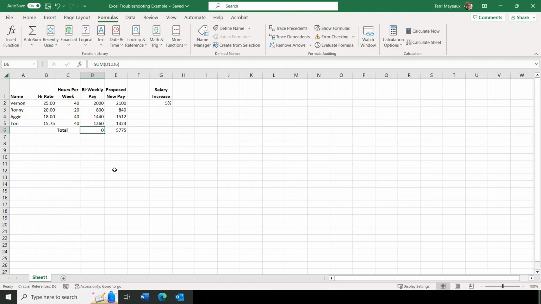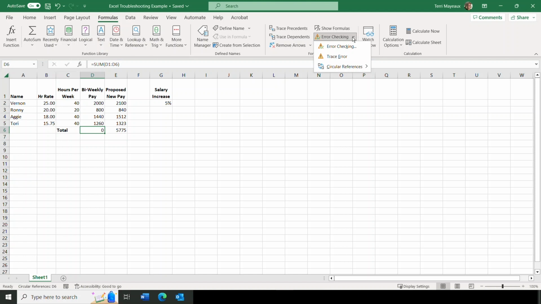I have made a slight change to the formula in D6. But unfortunately, when I look at the answer to that formula now, 0, that could not be correct. And so I could look at the precedents and see if that would give me an answer. Or I can come up to formula auditing and go to the second button here, error checking, and click that